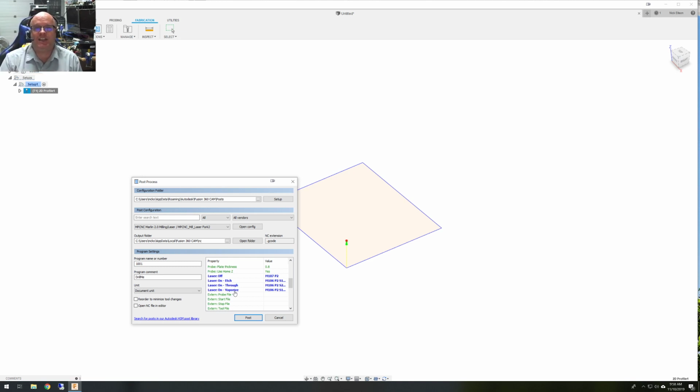So now it's paying attention to what I set in Fusion, and I can set different strengths for the different laser powers in my tool. So I can have a tool for etching, I can have a tool for cutting, and I can have a tool for something else. The etch and through are probably going to be different levels of etching. In Fusion, usually you're making mechanical functional parts. You're not doing graphic arts and whatnot. So there may be a reason for you to have 2 strings, but I find an etch and a vaporize